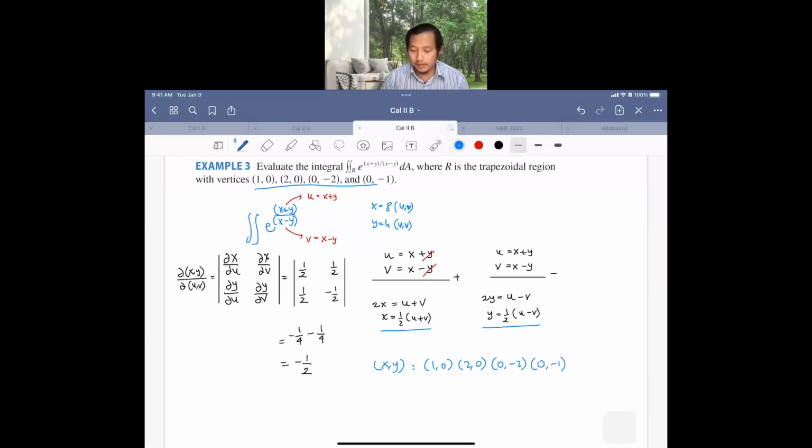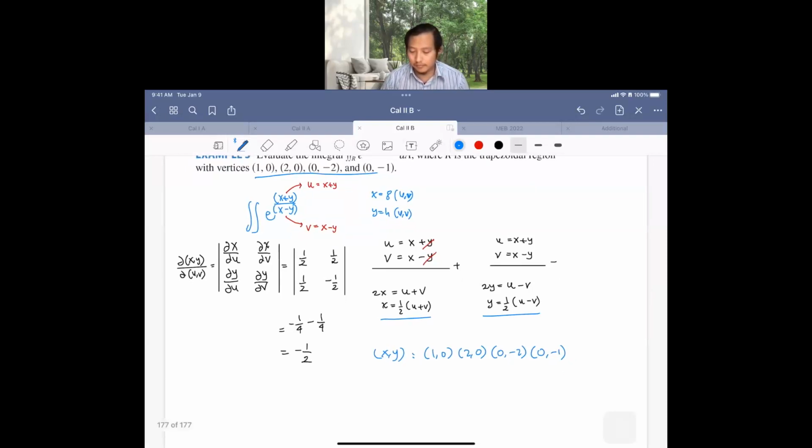And then we can take this as when y is 0, and when x is 0, right? And if we look at our linear equations that we have,